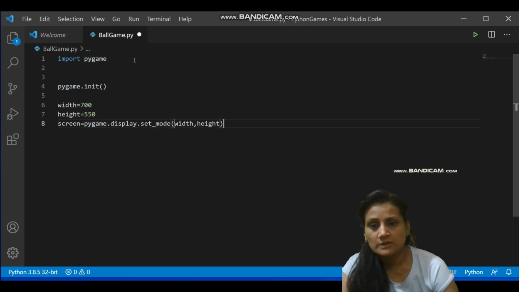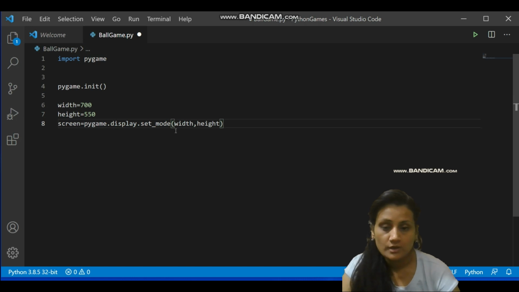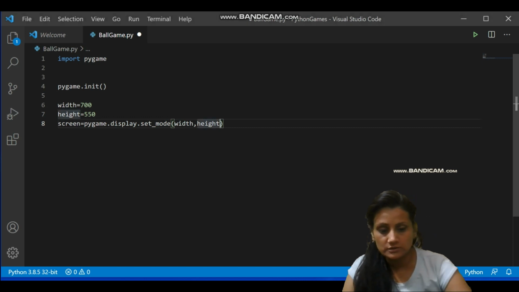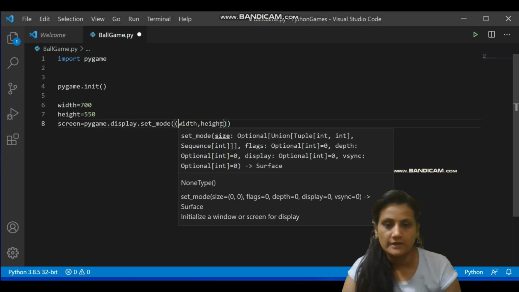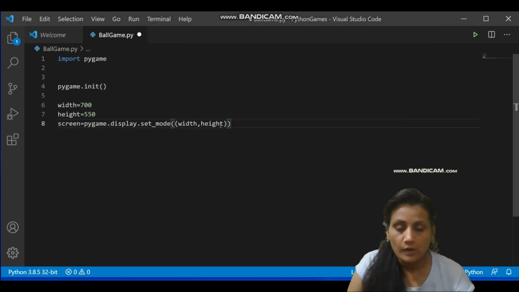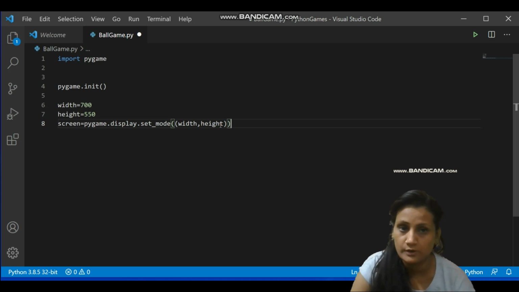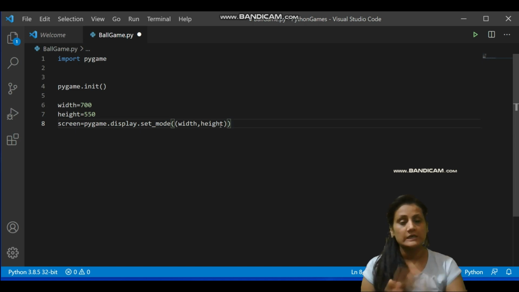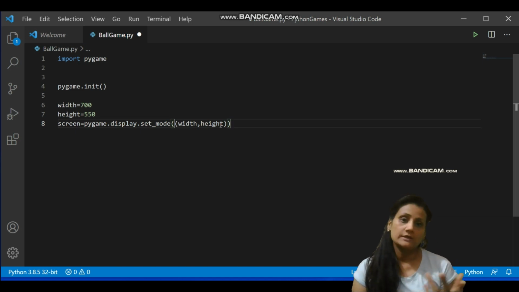So this is there. Now this much alone is not going to help you. First thing, here you need one more bracket which is missing, because it's a tuple. I'm not going into any detail of these words because I consider that you don't know Python. Now if you run only this much, it will show you the screen, but only for a while, so you won't be able to tell whether the screen has appeared or not. So what do we need to do? We have to use the screen in a loop, or while the game is on, till then we need this screen.